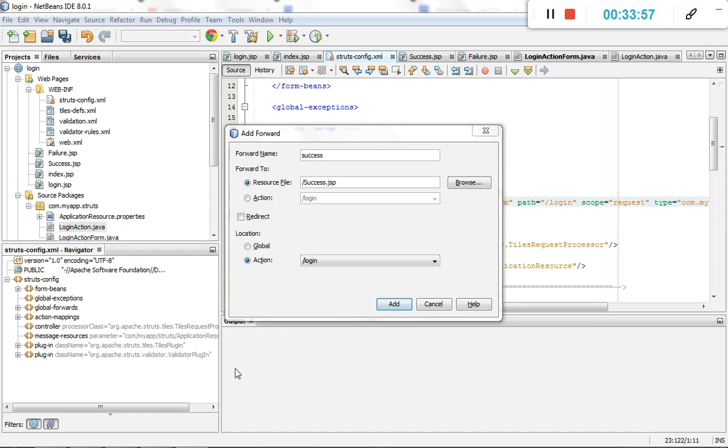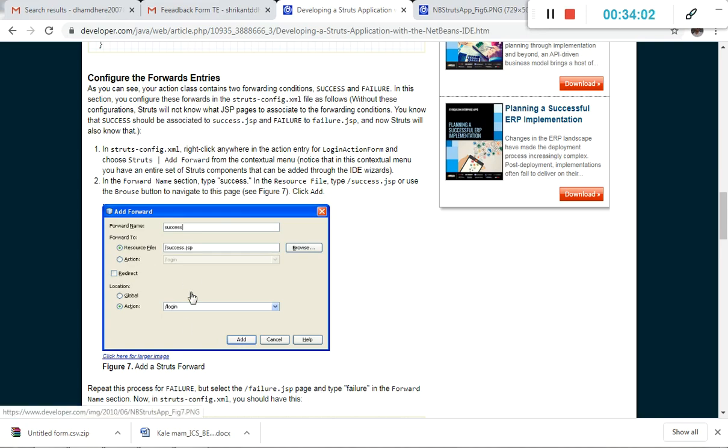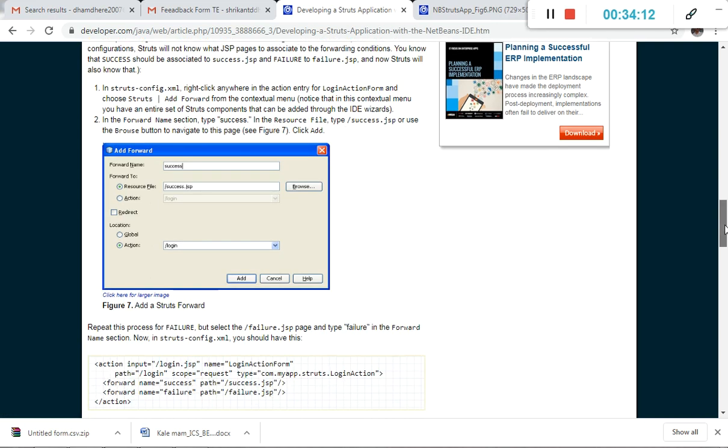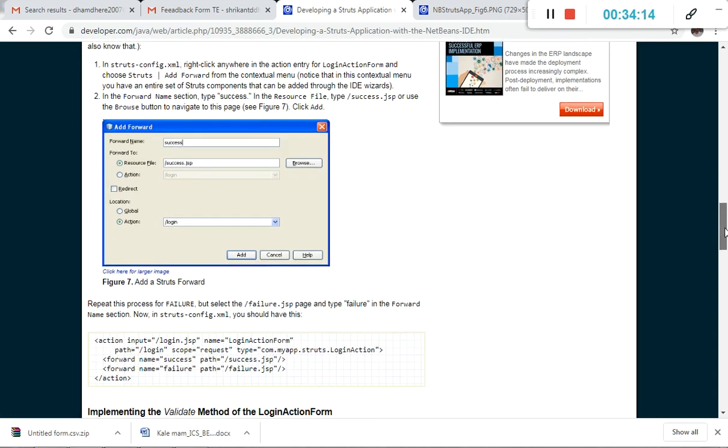The other things are the same, with forward section type success. Insert the resource, mention it as success.jsp, or use the browser button to select that file, and repeat this process for failure also.